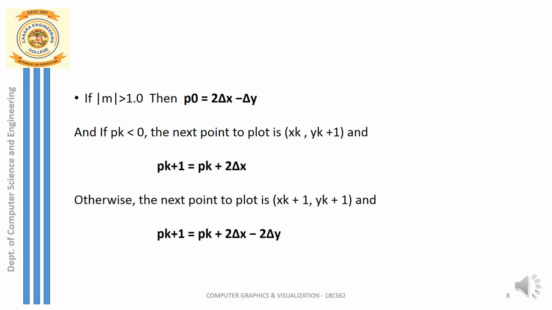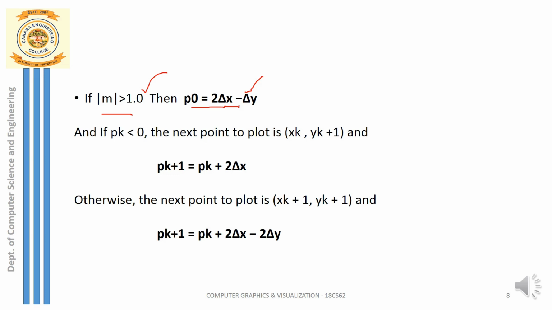You can just see here, this is the next part or the other case for the line whose slope is greater than 1. So suppose the line whose slope is greater than 1, then you have here the decision parameter formula, which is slightly different from our previous decision parameter formula. So you don't have to worry. All that you have to do is interchange x and y. That's all. So this is the next case for the line whose slope is greater than 1. There the decision parameter you're calculating, the formula is 2 delta x minus delta y. Instead of 2 delta y minus delta x, it is 2 delta x minus delta y.